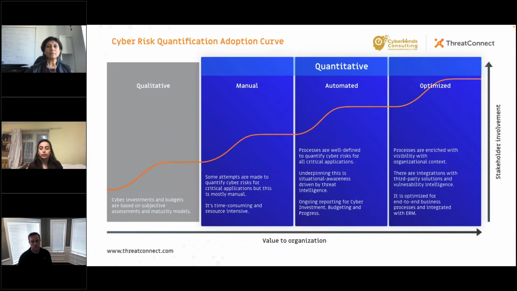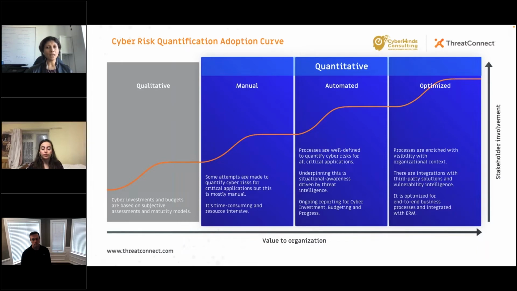So that's one element where I'm seeing the qualitative and quantitative risk models are aligning in the sense that they're still manual, they're still using spreadsheets, they're still doing data collection, they're still doing data analysis manually. It's still resource intensive, but at least it helps them test the waters around what goes into a successful CRQ program and how much effort is needed and how we can use the outcomes to gain a